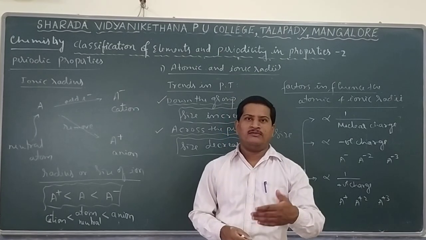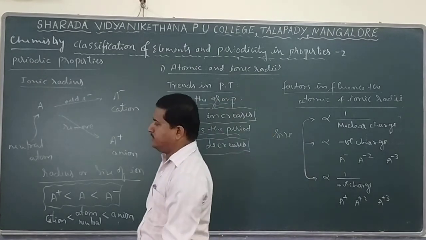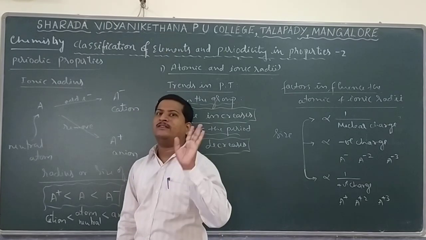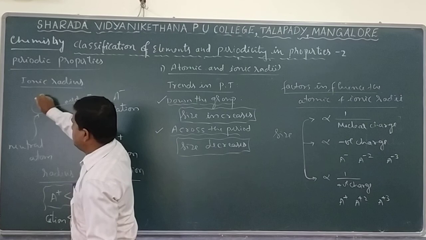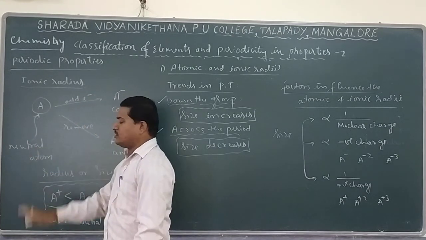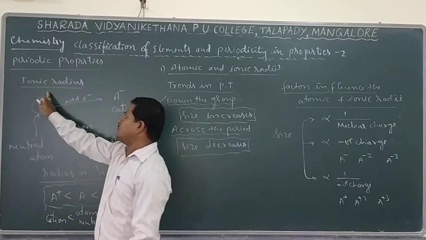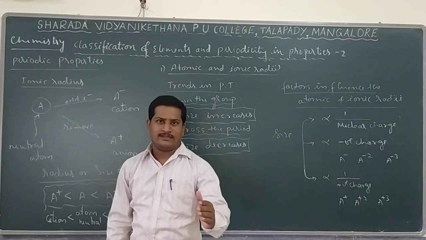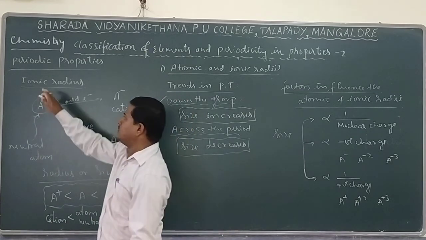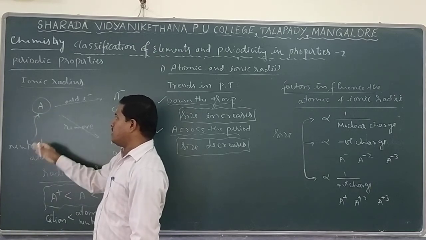Let us see some information regarding ionic radius. First, you should know how ions are generated. Remember, we have an atom here. It is an atom that is in a neutral state. Neutral means the charge is going to be 0. The number of protons and the number of electrons match exactly, as the charge is 0. So we have a neutral atom here.